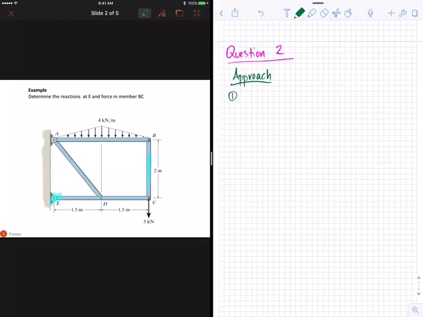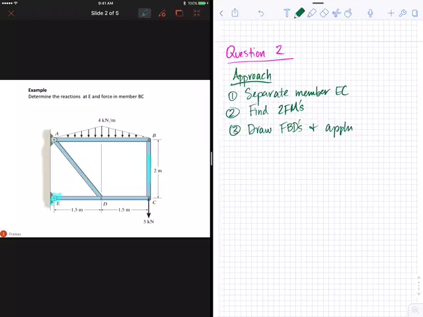So in this case, we know we're going to need to separate some things, right? We need to know what those reaction forces at E are, and we need to know what's happening inside member BC. So I would say we should probably separate member EC and recognize, right? Find your two force members. Those give you some lines of actions of forces and eliminate unknowns. Draw the free body diagrams